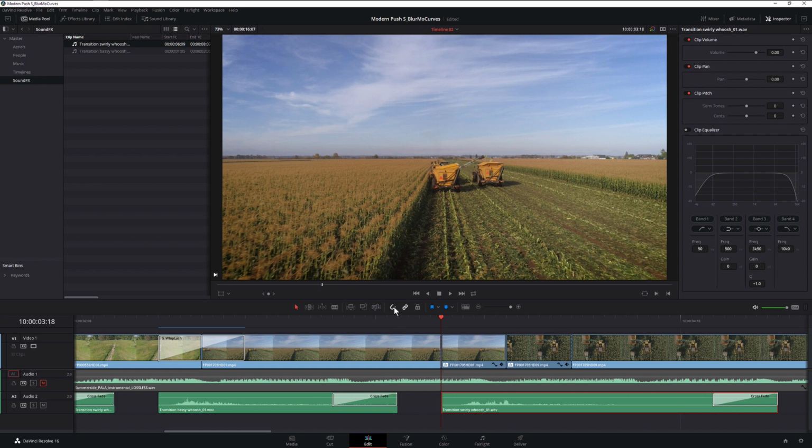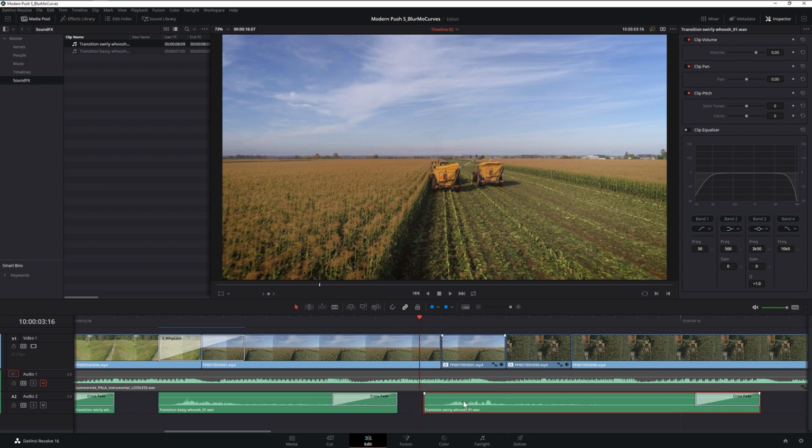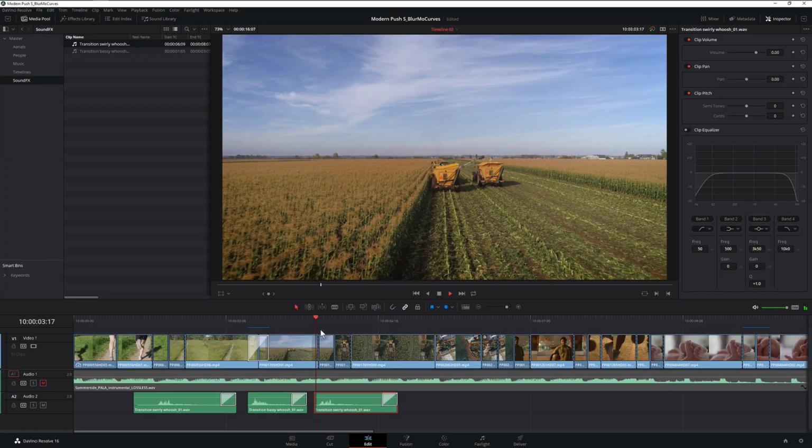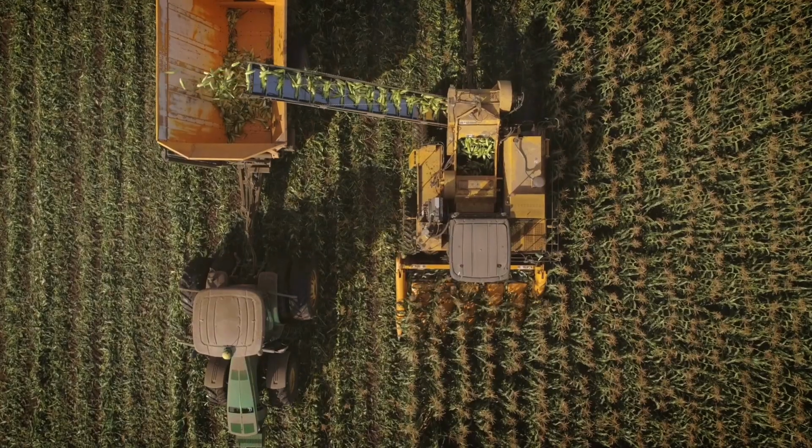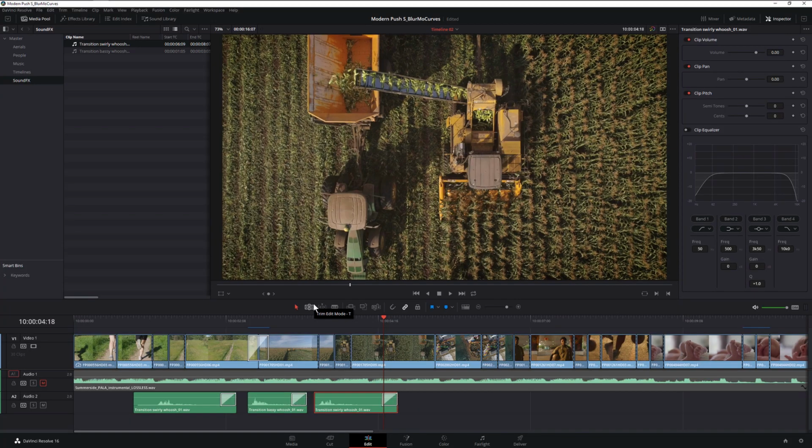Another thing I like to do at this point is just turn off snapping, because that allows us to really line up the sound effect where I need it. Let's play that back. And that's cool, but we've just heard that whoom. And if you play that back enough and you've used the same couple of sound effects enough, the ear will get used to that